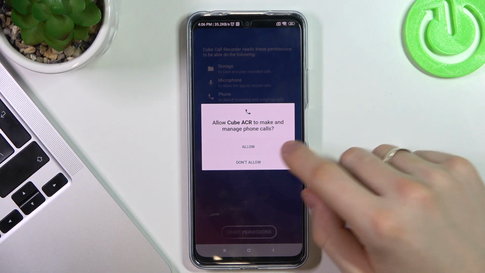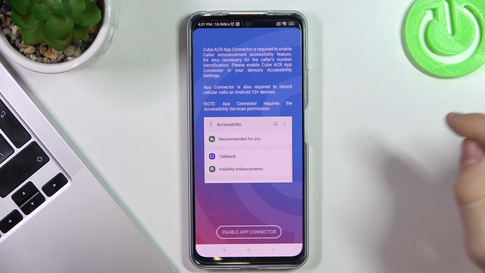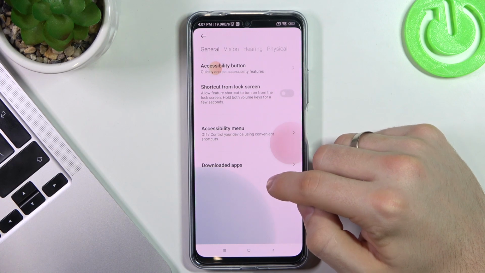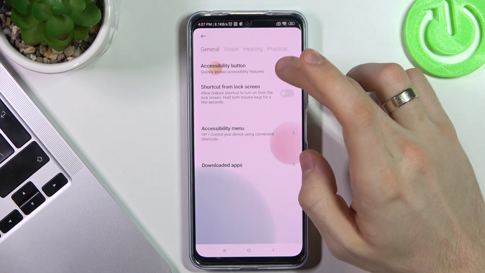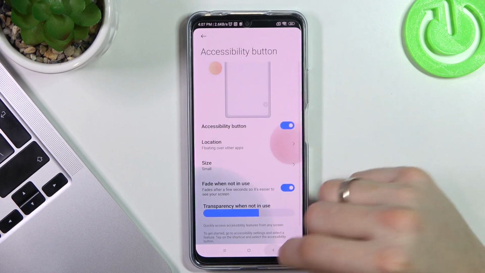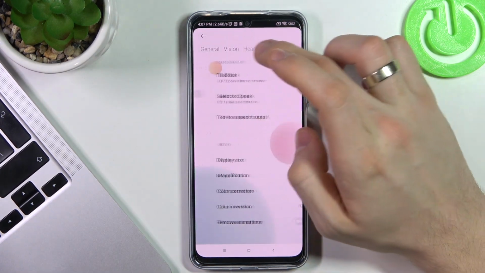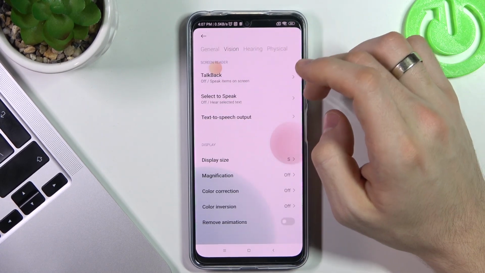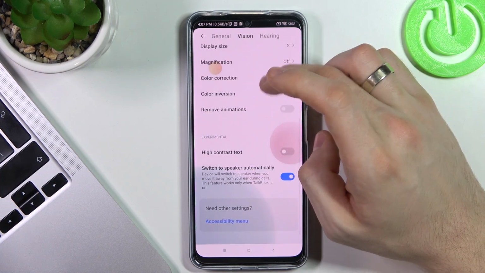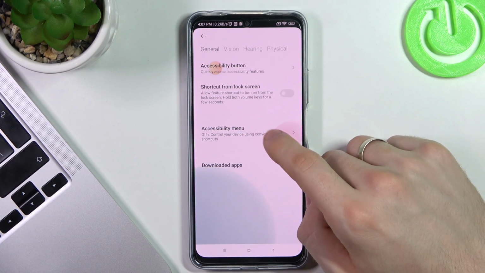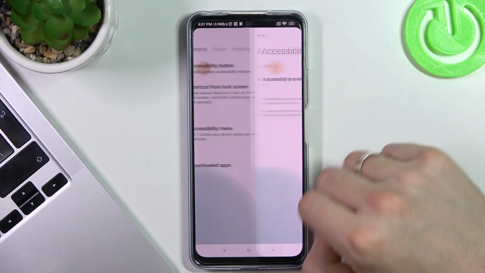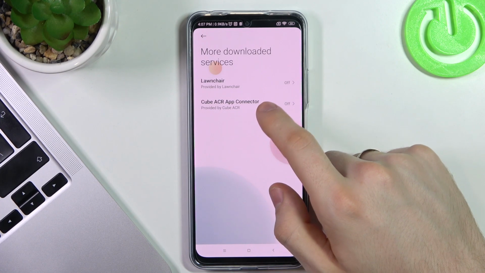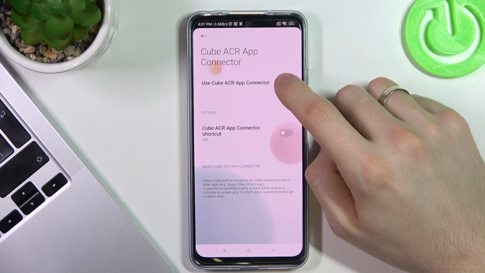So open it, grant all permissions, choose enable app connector, find here accessibility button, maybe. No, so general, vision, hearing, physical. Here we need to find it. It might be in general only. Sorry, I can't find it. Accessibility menu, maybe here. Downloaded apps, okay. And in downloaded apps, you need to choose Cube ACR app connector and choose use Cube ACR